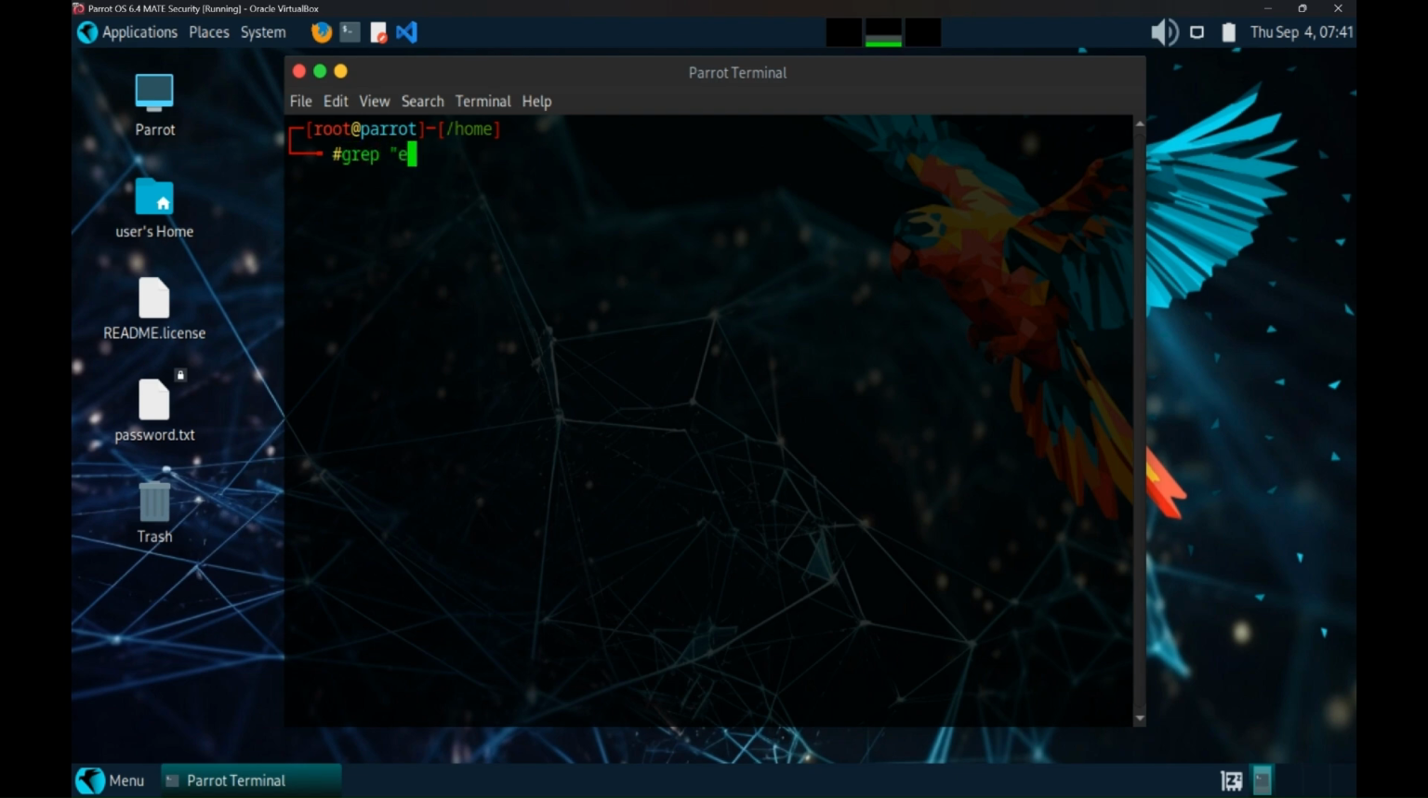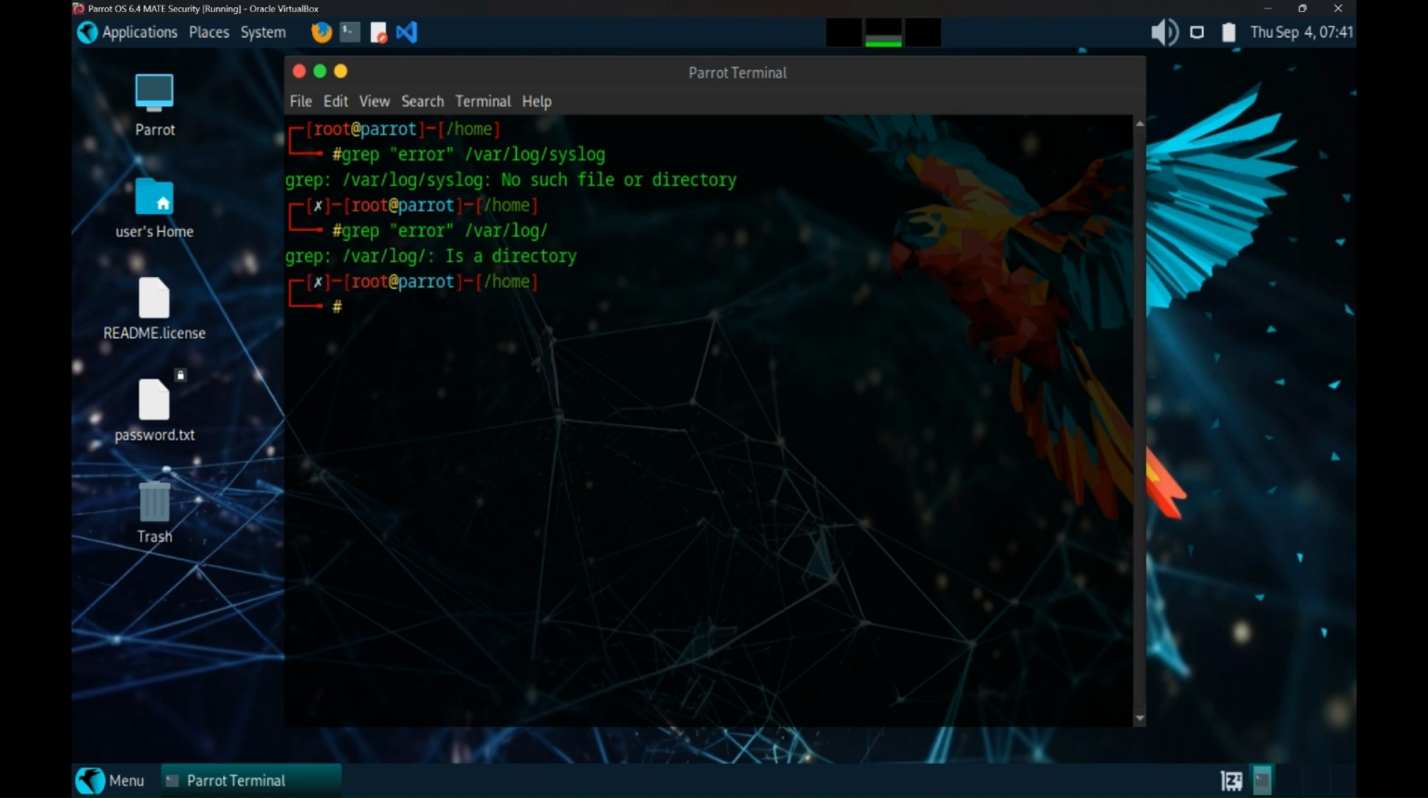grep error /var/log/syslog. Currently we do not have any syslog. Okay, so directory. So currently we do not have any error. So let's